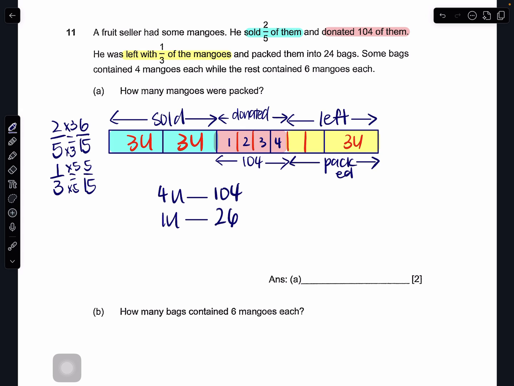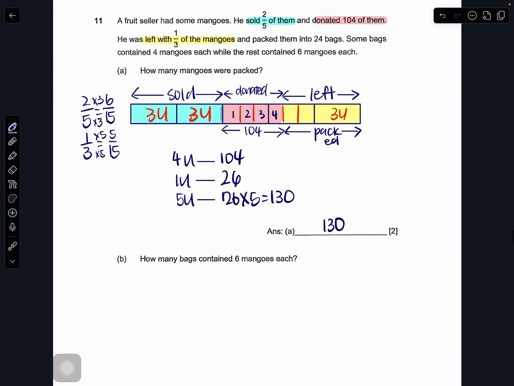And how many units were those? 5 units. So 5 units would be 26 times 5, which is 130. So 130 mangoes were packed. Then the next question, B, asks how many bags contain 6 mangoes each? So you realize we have got